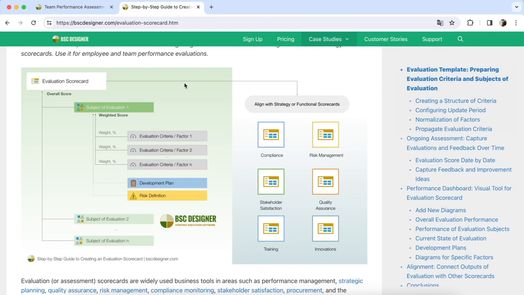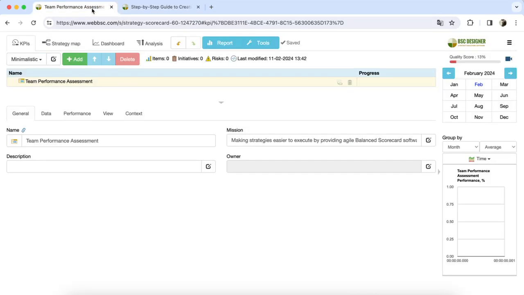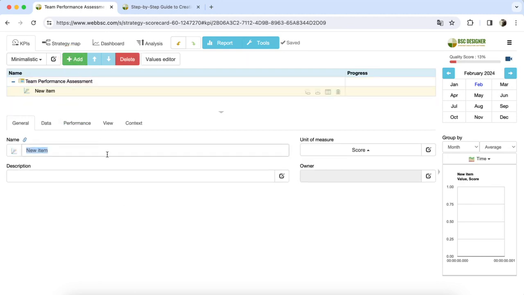Now, let's create an assessment scorecard from scratch. I created an empty scorecard and gave it the meaningful name, Team Performance Assessment. The next step is to establish the first group with evaluation criteria. I create a group called Team 1 and add evaluation criteria like